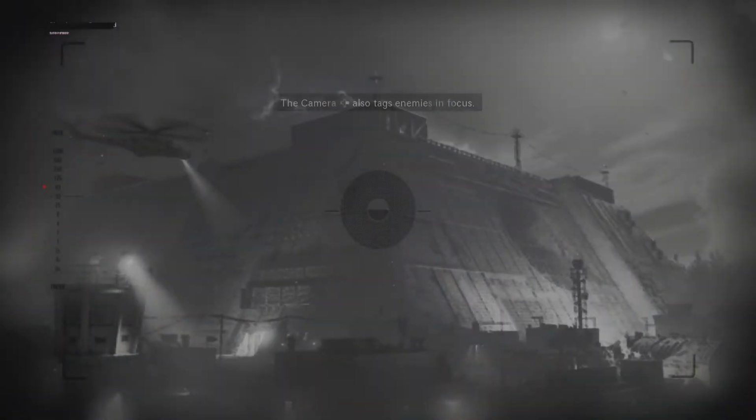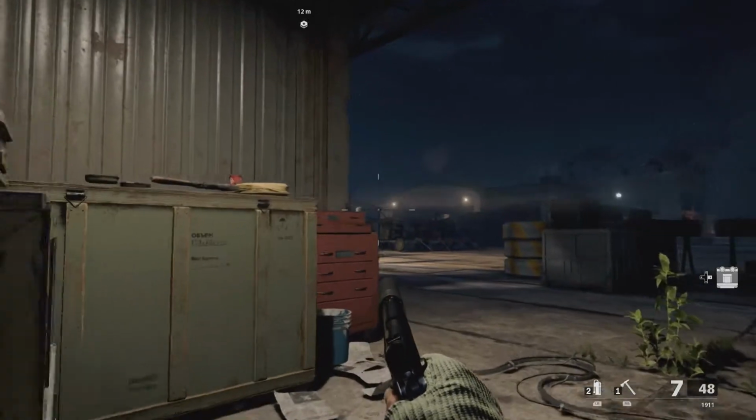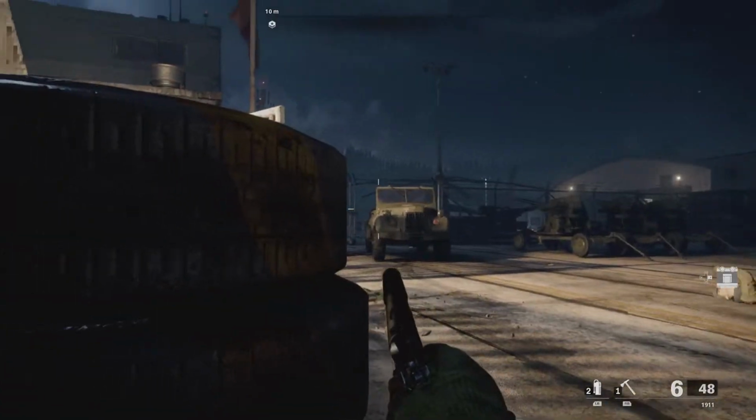In the number 6 spot, we have Red Light, Green Light. Red Light, Green Light is an extremely interesting mission, but the only reason it's above End of the Line is because of Woods. Woods really makes this mission all the more enjoyable, and I'll admit, I did crack up a